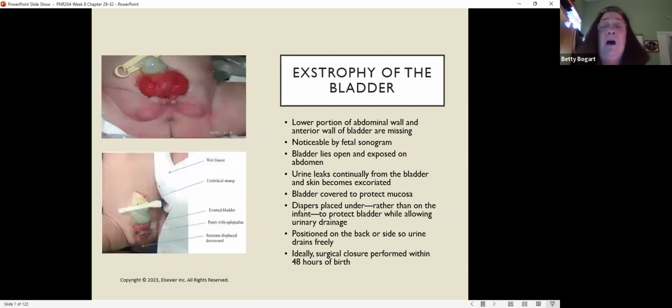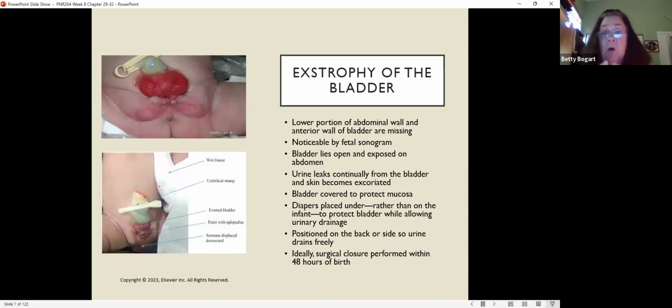Now, atrophy of the bladder. All this means is the bladder was born on the outside of the body. We usually can see this in ultrasound, but if it's real tiny, maybe or maybe not. The problem with this sort of condition is a little urine can leak and it could lead to irritation of